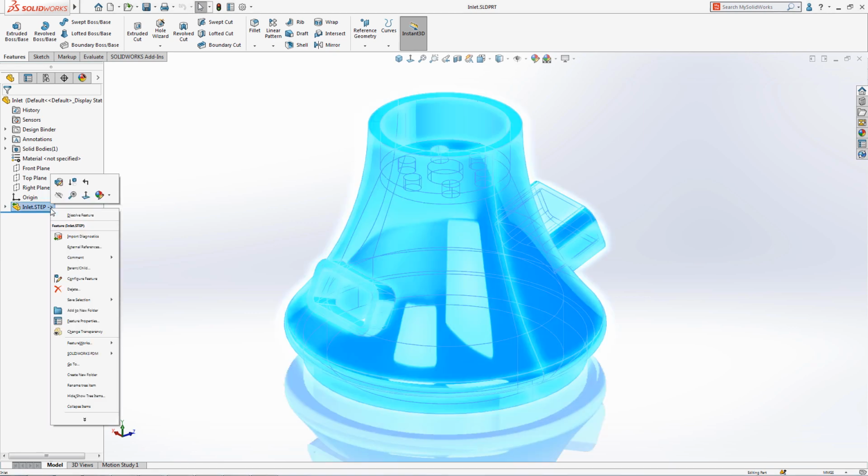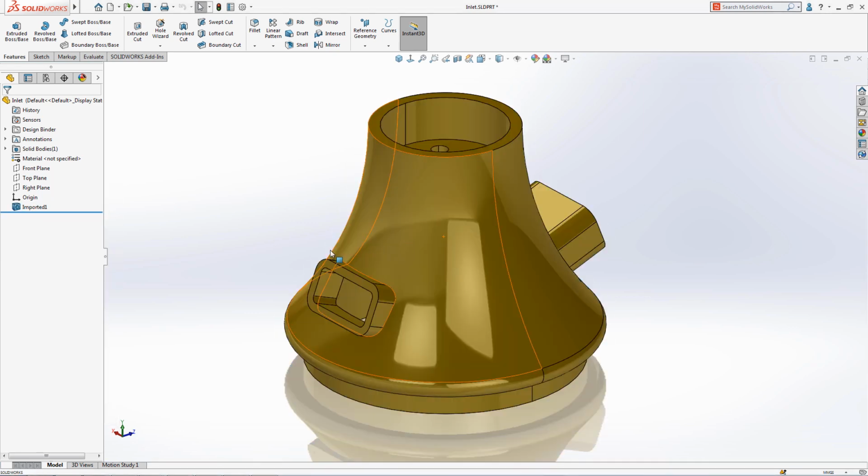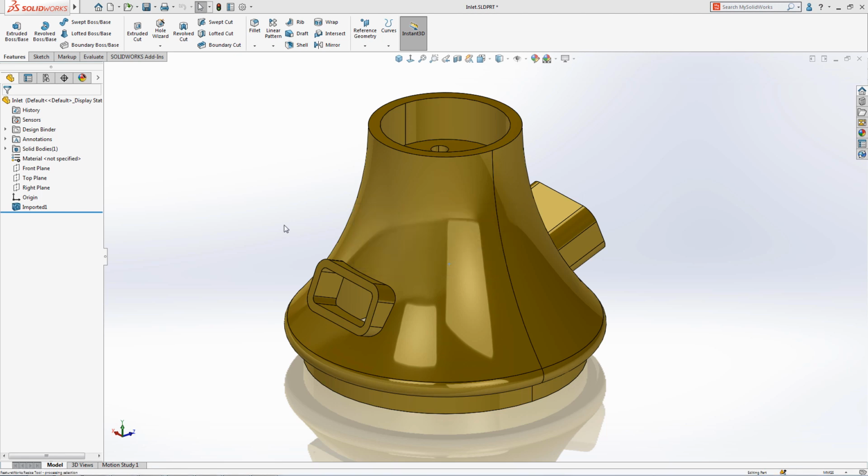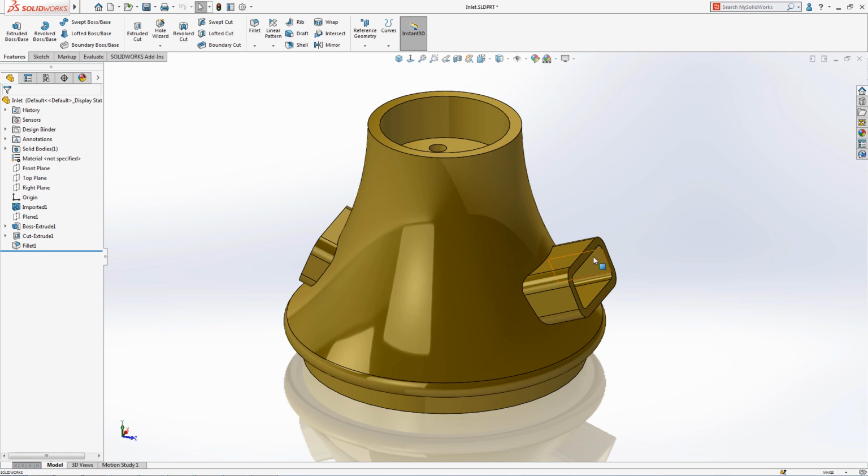In the case of 3D Interconnect, linked models can be simply dissolved. From here we can start to interactively recognize features and selected faces. While FeatureWorks is a separate add-in, it's intelligent enough to know when to load itself. FeatureWorks has been part of SolidWorks for over 20 years, and, being included in SolidWorks Standard, this powerful functionality is